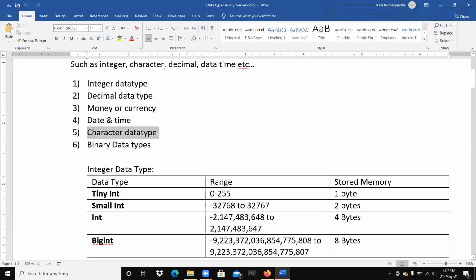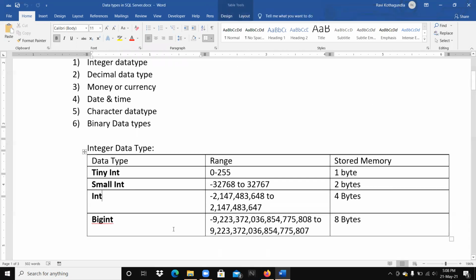So character data type, if you want to pass strings, I mean characters, to the particular column, we need to pass the character data type, right? So like this, we have the binary data type. If you want to store images, videos, or audio files, this is the data type, right? So we have different integer data types: tinyint, smallint, bigint, and